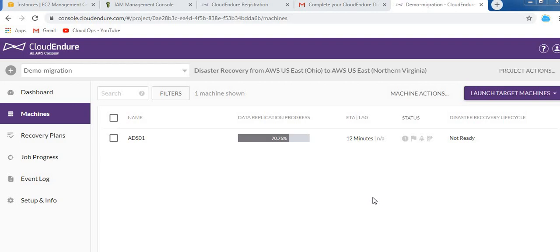Many of you may also have a question about which communication ports are used between CloudEndure and your AWS account for the staging area. The communication happens on port 443 and port 1500 between CloudEndure and your AWS account for the staging.